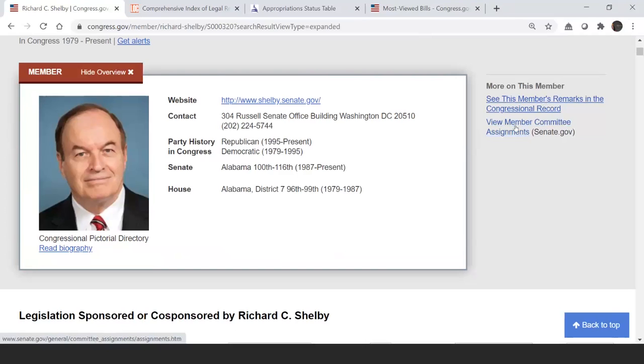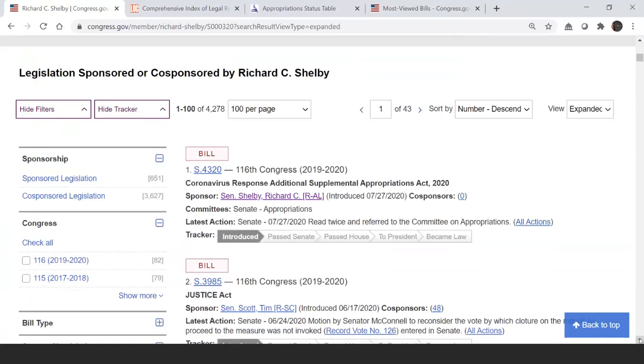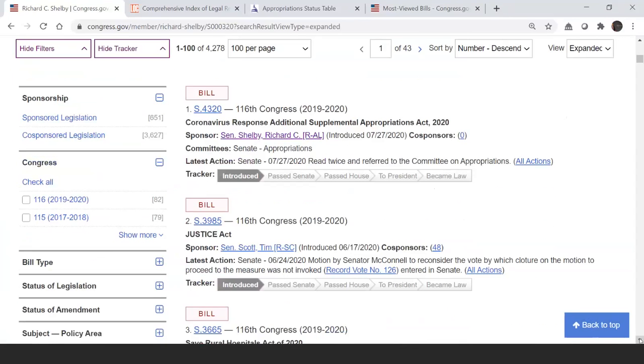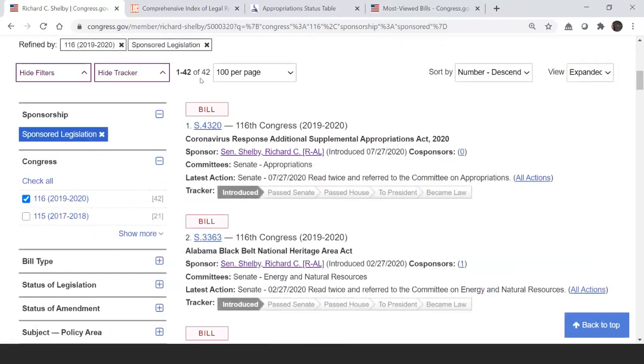We're also frequently asked about which committees a member is assigned to, and you can find that out here. But what most people use this page for is to find legislation sponsored or co-sponsored by a given member. And again, you can quickly use the filters menu to narrow down your results. So for example, maybe I'm interested in the legislation this member sponsored in the 116th Congress. Click 116th Congress, sponsored legislation, and now I've already narrowed it down to 42 results,